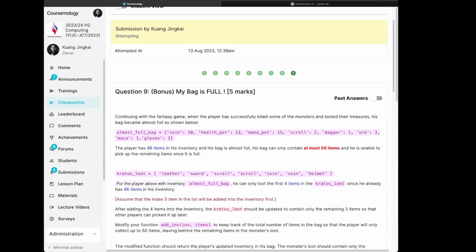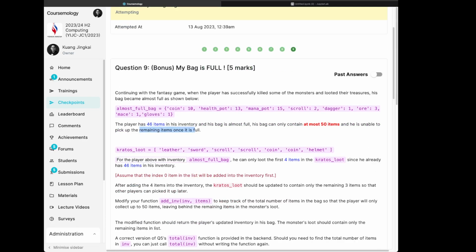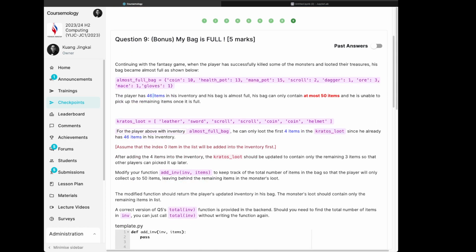Okay, my bag is full. So right now your bag can only contain 46 items, right? And cannot pick up remaining items once it's full. So for this case, he can only load 4 items because he has 46 items in his bag now. So modify your function add inventory so that you only pick up 50 items. Okay, so let's look at